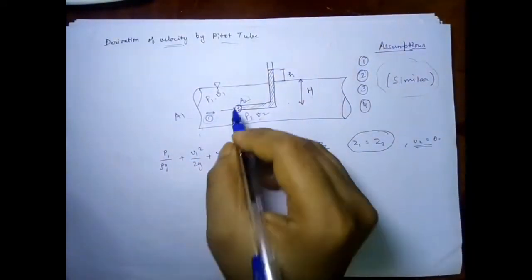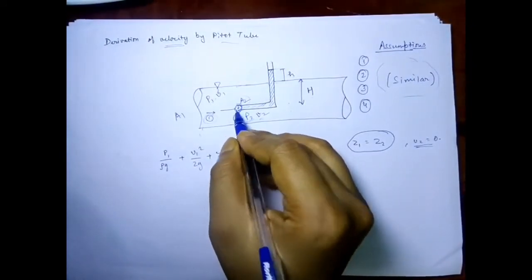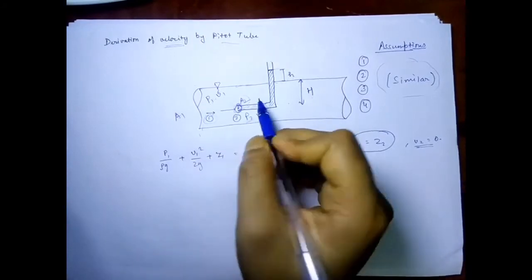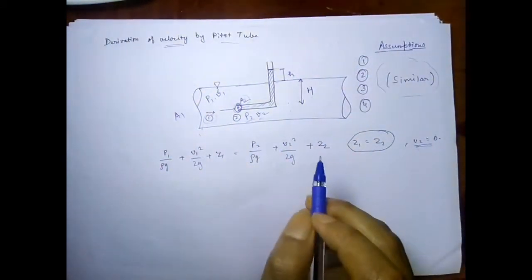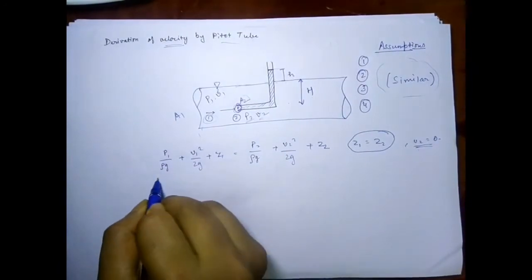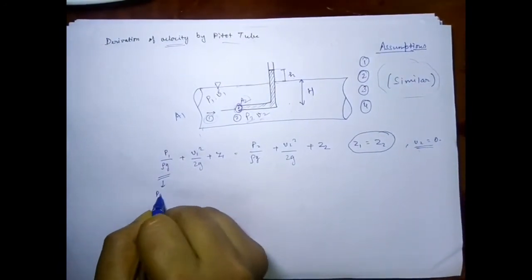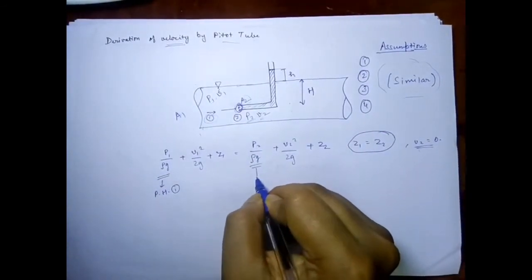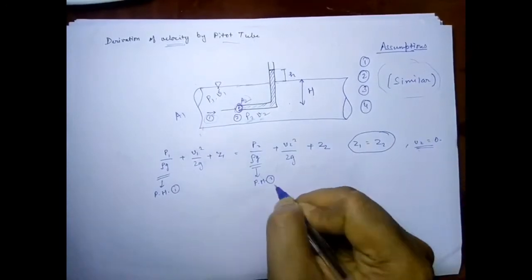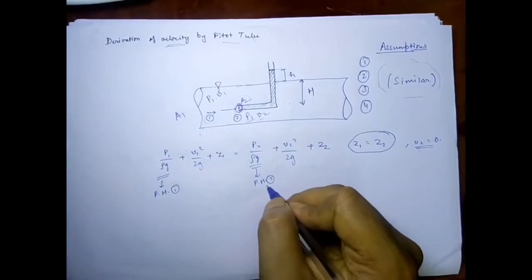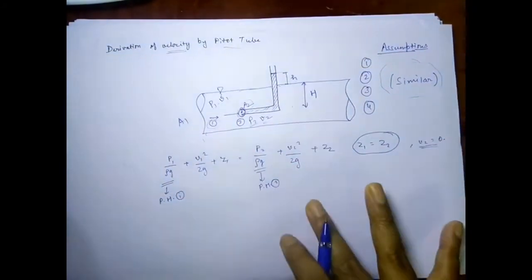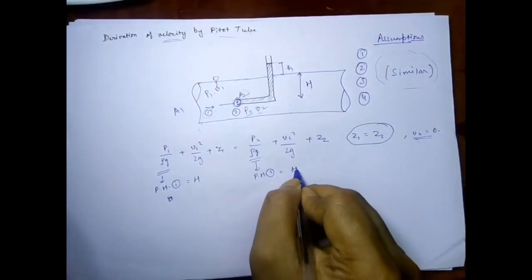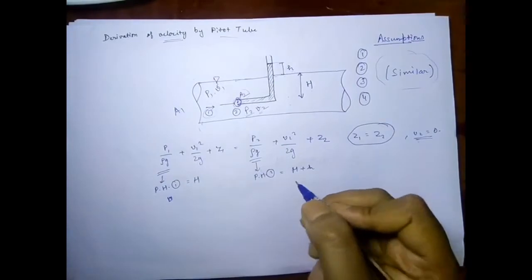So because on hitting there will be no further velocity, and totally it will be lost in eddies or something like this. So here the velocity will be almost 0. So therefore V2 is taken as 0, and I can say that P1 upon rho g is the pressure head at 1 and P2 upon rho g is the pressure head at 2. So substitute and let us consider that pressure head at 1 is equal to H and pressure head at 2 is equal to H plus small h, right?